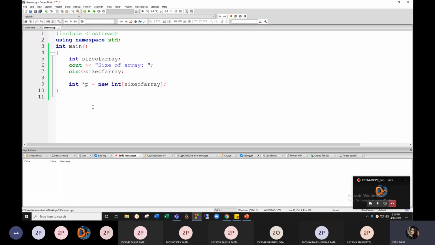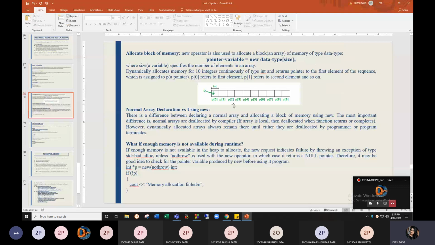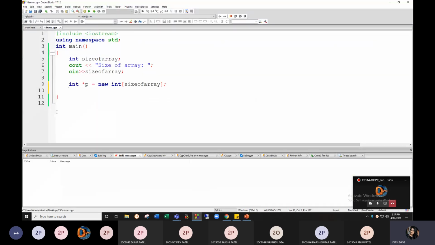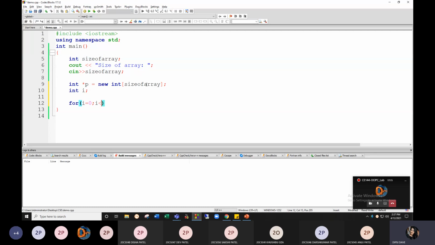So first we take a loop: i equals 0, i less than the size, and i plus plus.